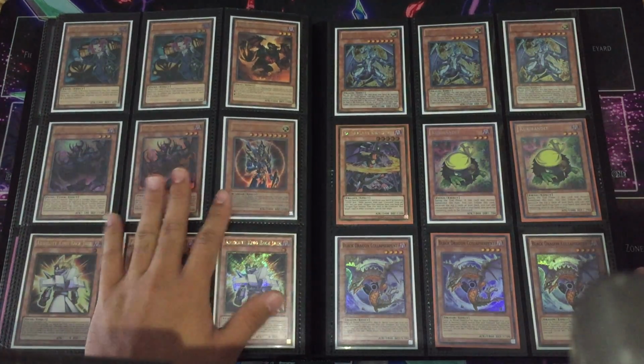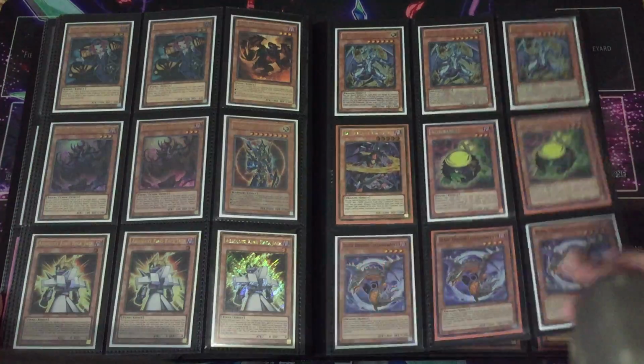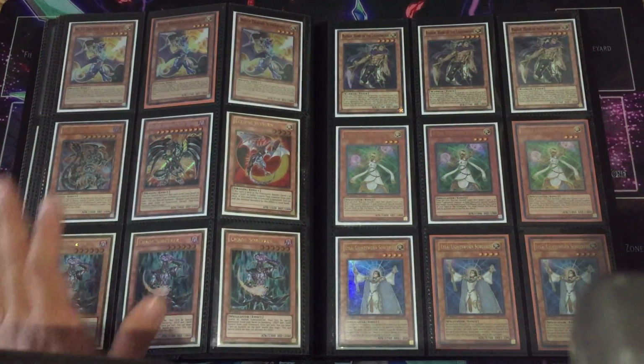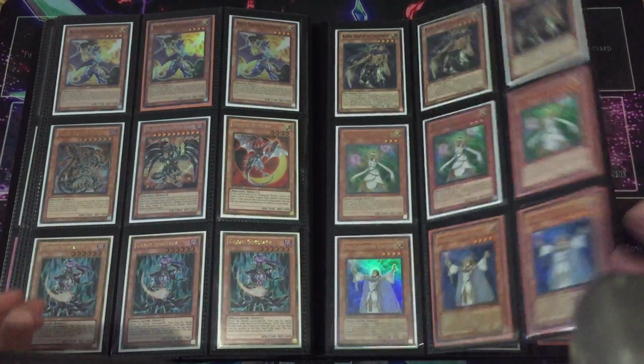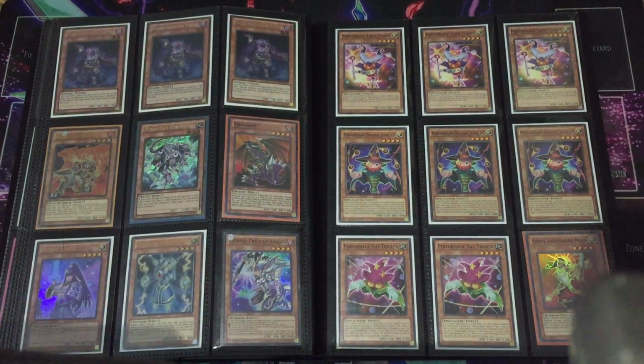Moving on, we have more Burning Abyss stuff on this page. Then we begin the Chaos Dragon stuff on this page. We actually topped the regionals recently, which is really cool. We have more Chaos Dragon stuff. We have all of the Lightsworn over here. We have Clown stuff over here, and then just more general really good stuff like an Ulti Thunder King right there,